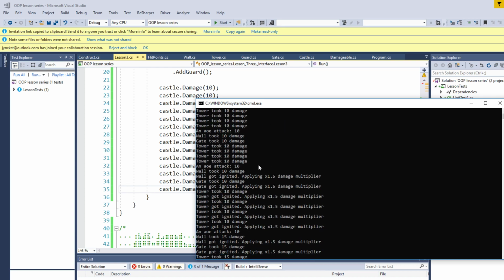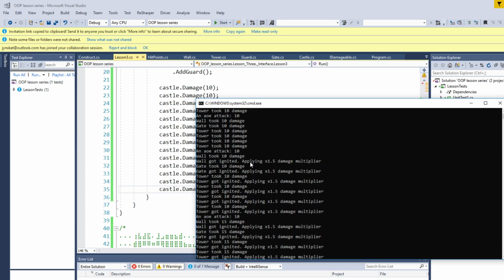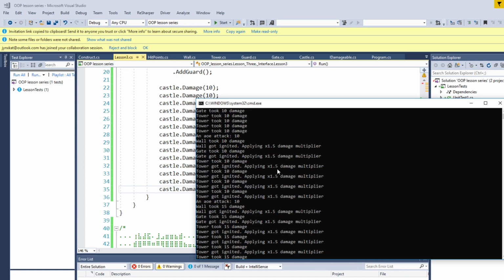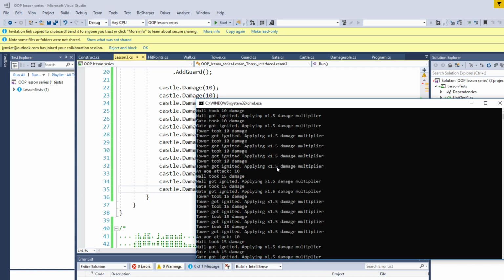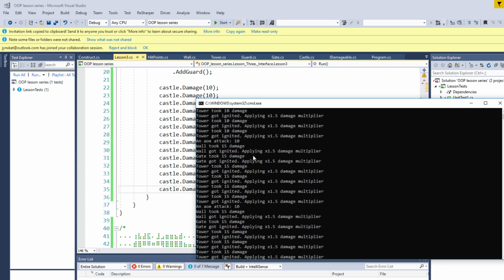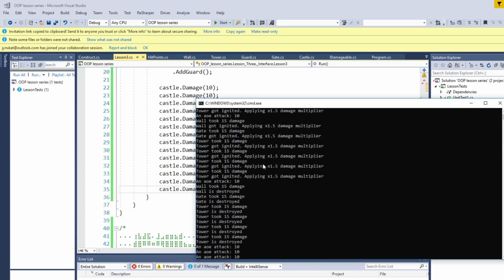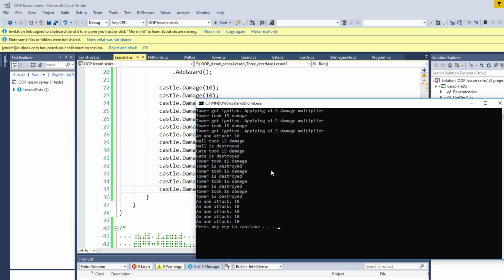By the time the damage is 50, a wall took 10 damage, and then it got ignited because it's under 50 HP, under half of its HP. So it's taking twice as much damage. And in the sixth attack, we see it took 15 damage now, and it keeps taking 15 damage, and eventually